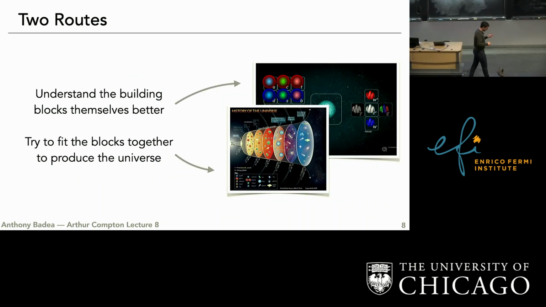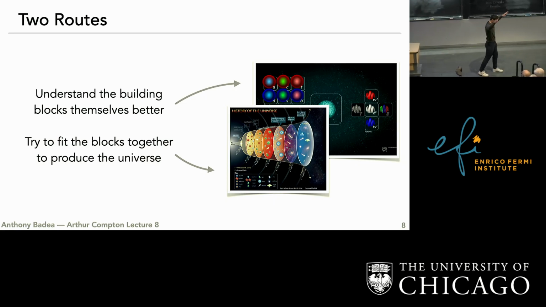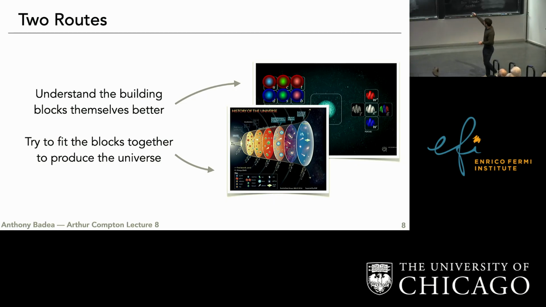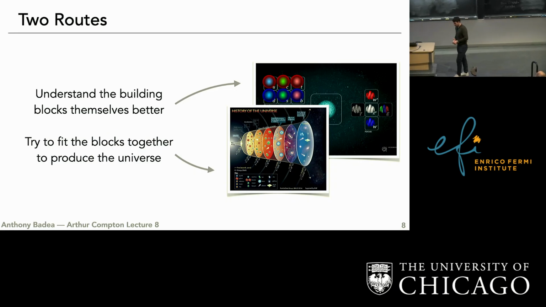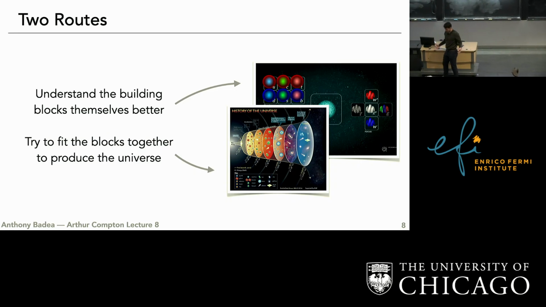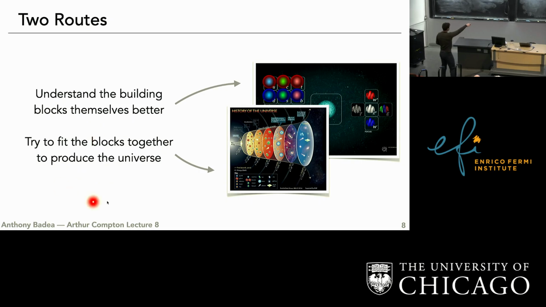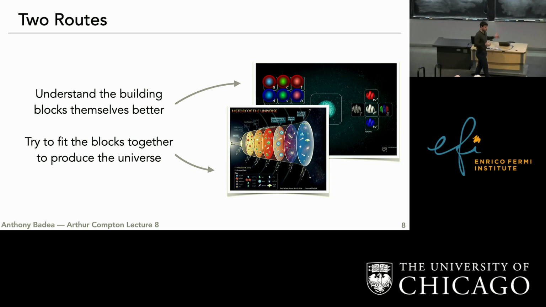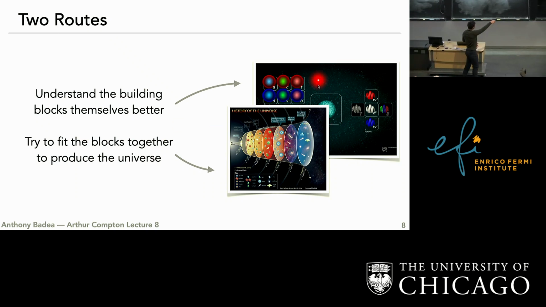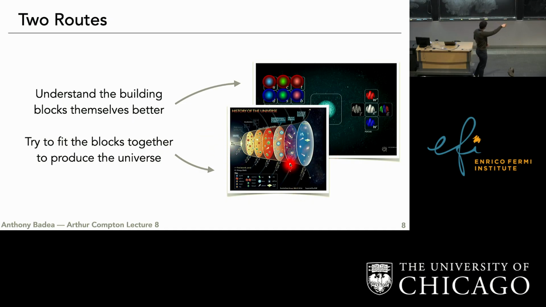Like I said, I really think that there's two very high-level routes that you go with this. There's one route, which is you have your set of particles or your set of building blocks, and you want to understand the building blocks better themselves. This is like you have a Lego set and you want to understand each of the Legos before you try to piece them together. And then the second direction is you actually see if the blocks that you're putting together on the small scale add up to what you see on the large scale. That's in essence saying, do what we have here, when we run through the billions of years of the universe, give us what we see today on the large scales?